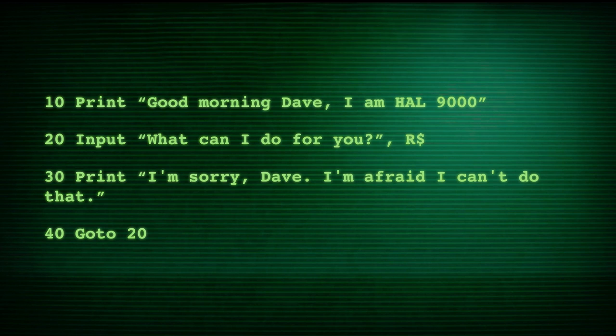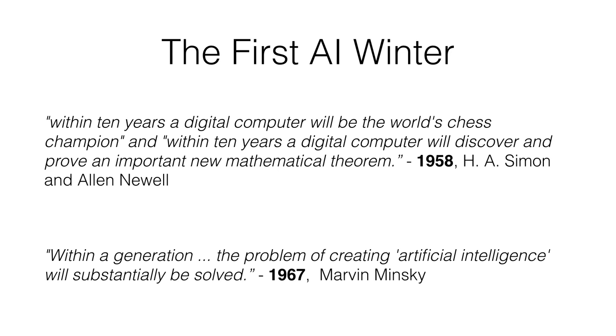You might be thinking, ha, what an idiot! An 8-year-old thinks he can write a general purpose AI in BASIC? But it turns out actually, I'm in good company. When electronic computers were first developed 60 years ago, there was a great deal of optimism and research into artificial intelligence. Here are a few quotes from some AI pioneers.